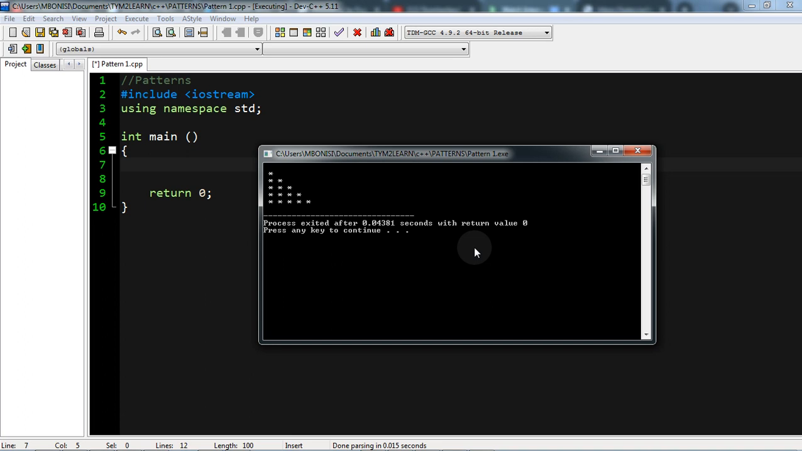So you are told to print, or write a program that prints, something like what is being shown on the screen: a right angle triangle, printing those stars. So what you have to do, what we're going to deal with,